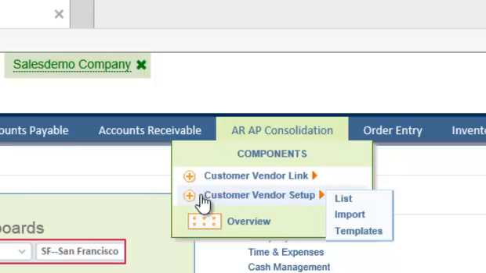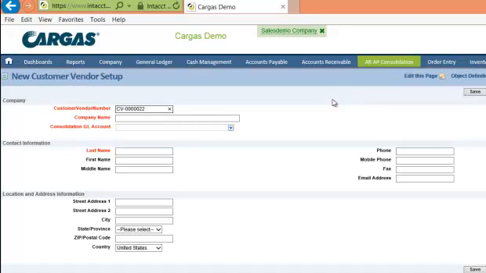Let me show you how this works by opening the window by clicking the plus sign to create a new record. You can see the window opens and auto-supplies a new customer vendor number beginning with the prefix CV, C for customer and V for vendor. I can type the company name,